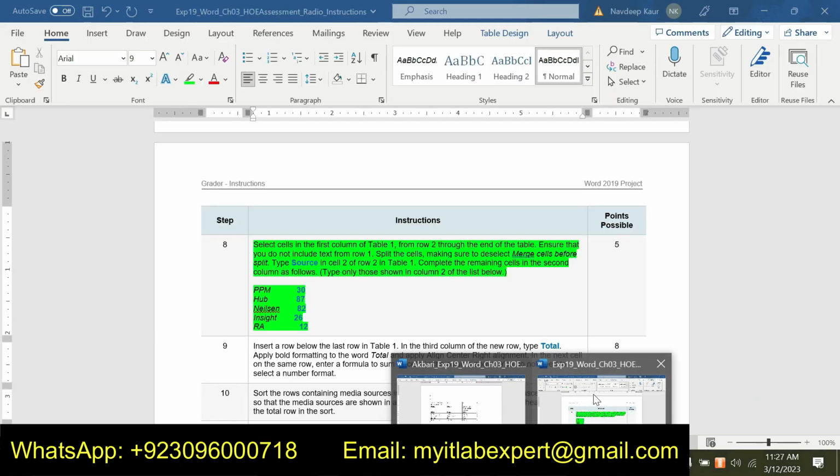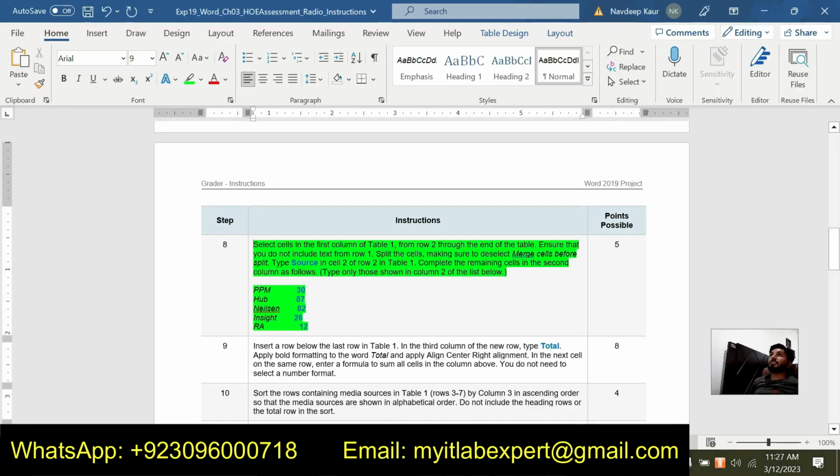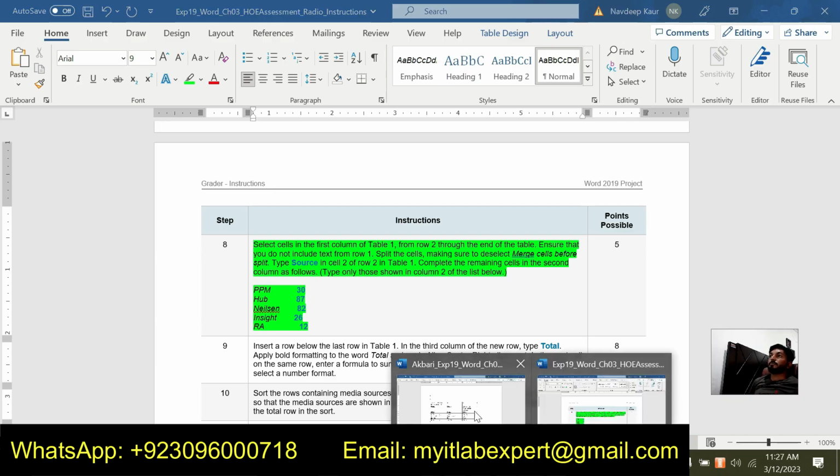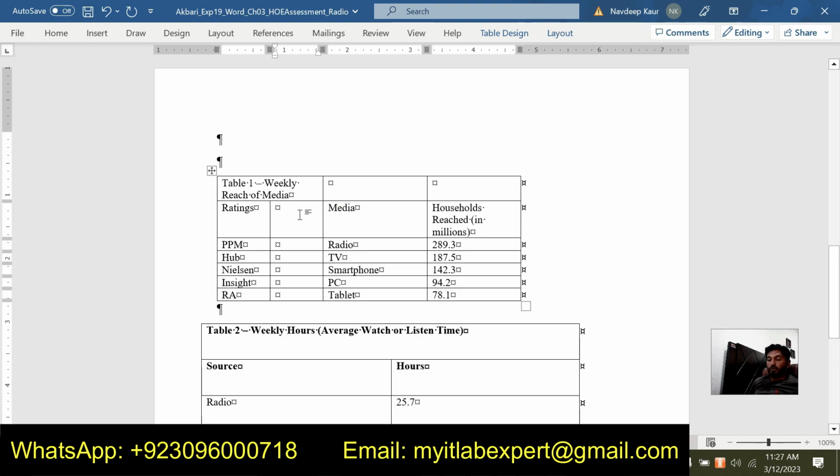to type source in cell 2 of the row 2 in table 1. So we will type source now. So we will type source here, and the next thing to do is